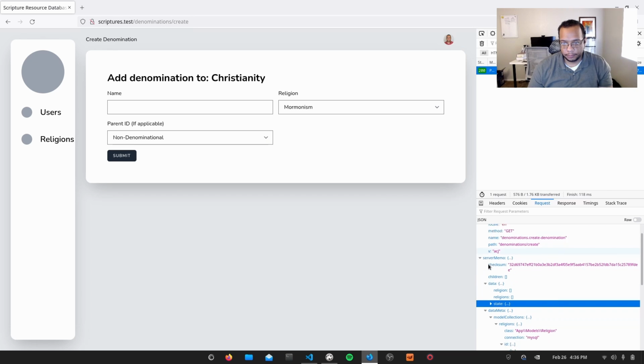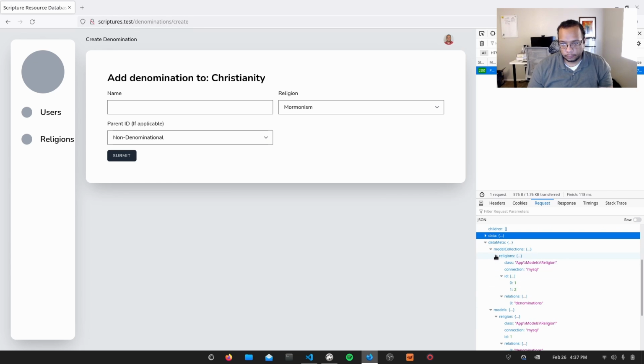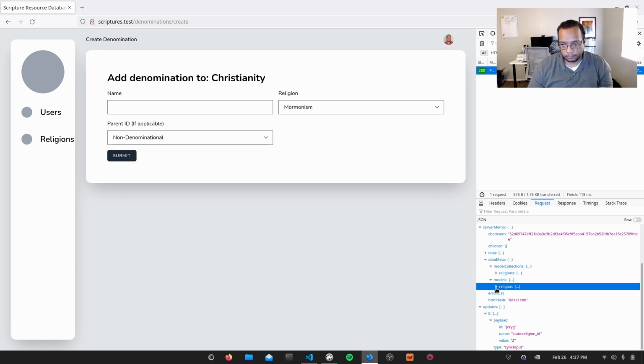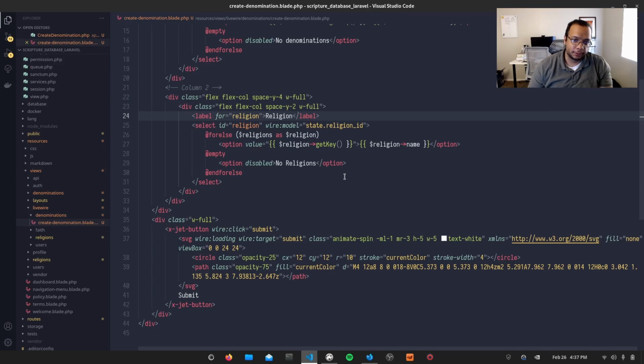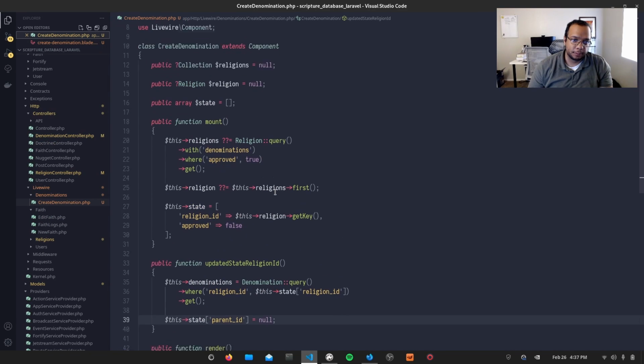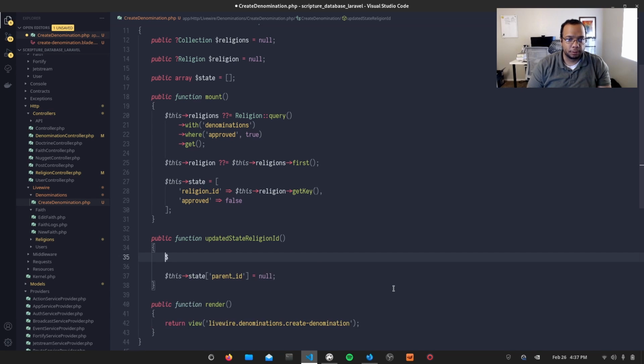Doesn't say it here. Oh, okay, that makes sense. So I don't have denominations as a field, so what I have to do is change the religion. So that will go from here equals